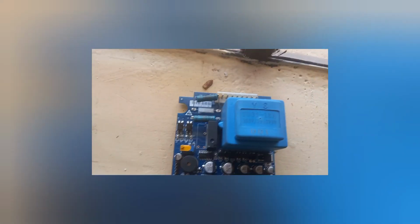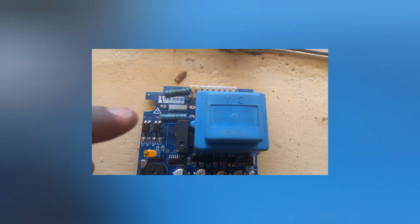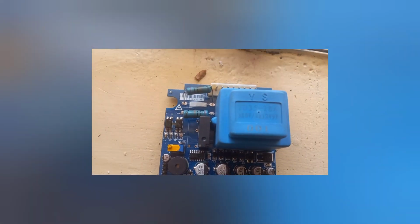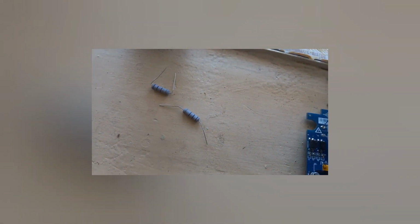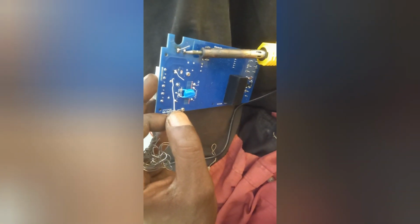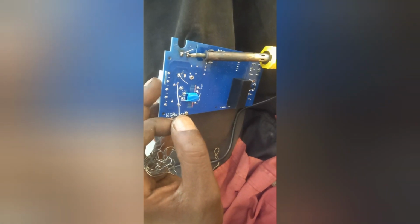I was using this contactor, so we found these two transistors were faulty, so I brought two and we changed them. We soldered them. After changing them,